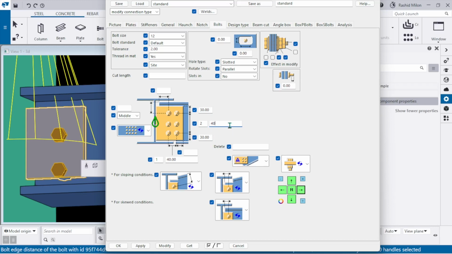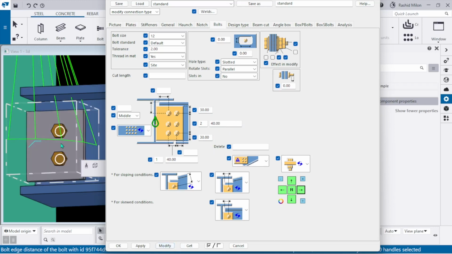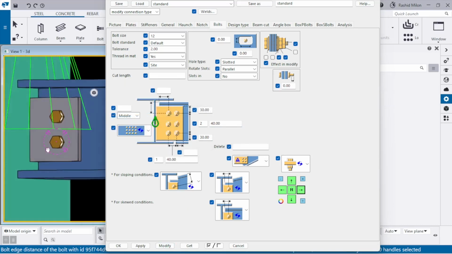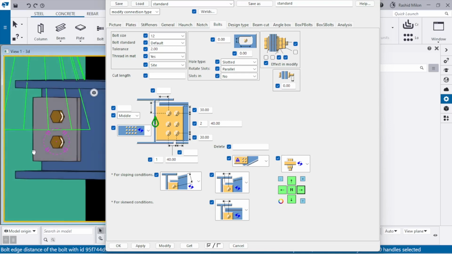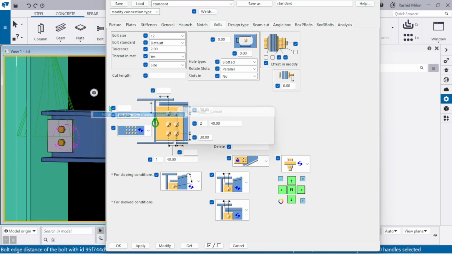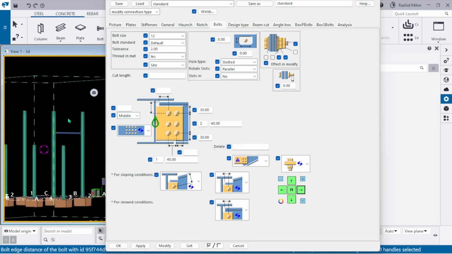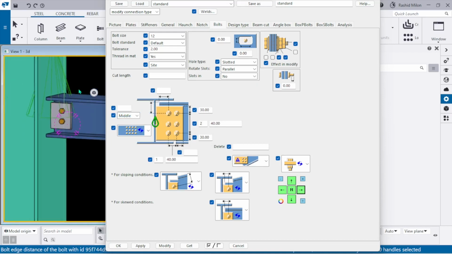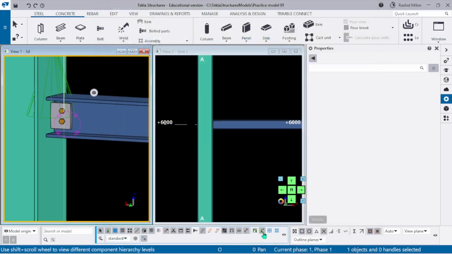60 and 40, 90. All right, so now you will see the bolt is already placed at the center of the beam, and this is equal. All right, so now we can measure what is the dimension here. So we have to hit B on our keyboard,